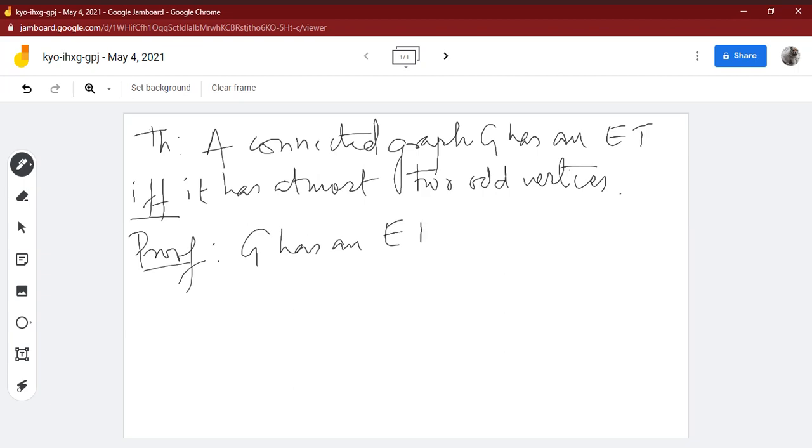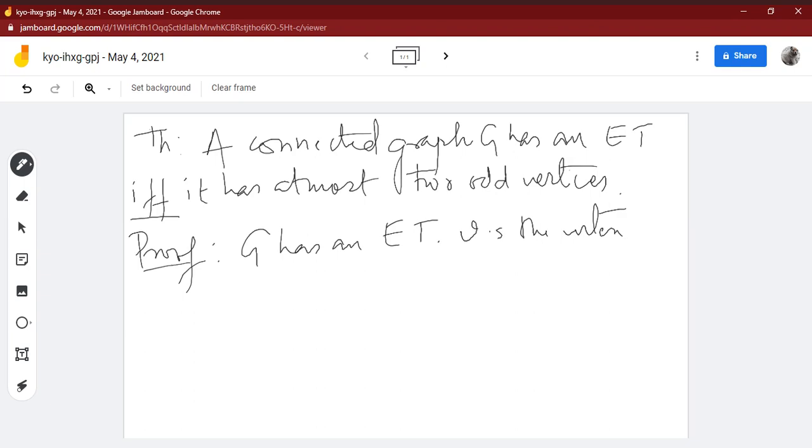Then if v is a vertex of this graph G, okay,